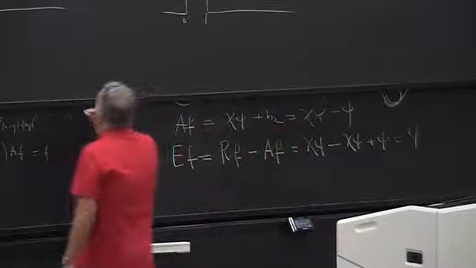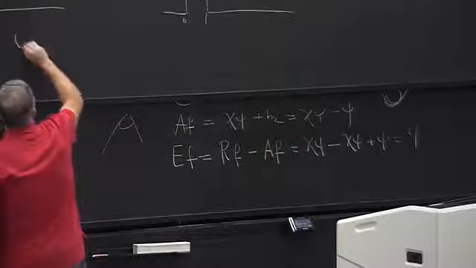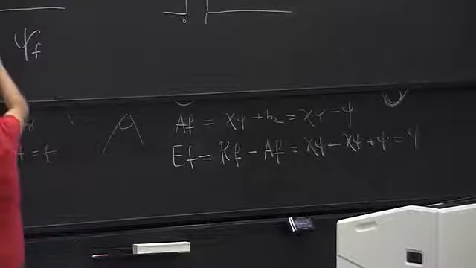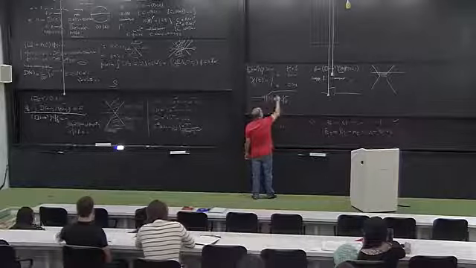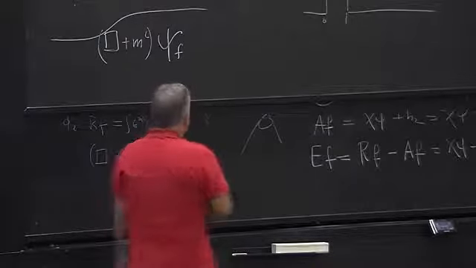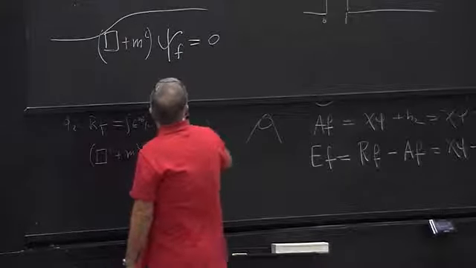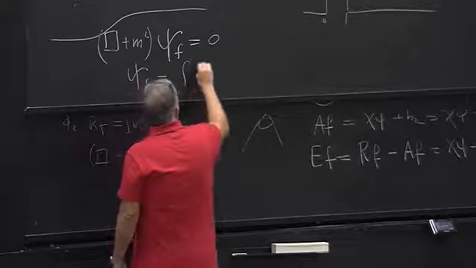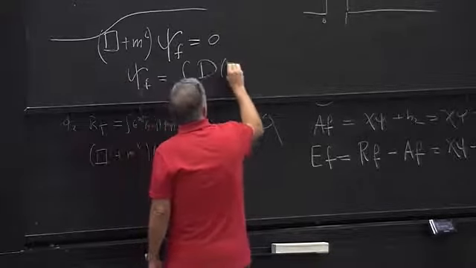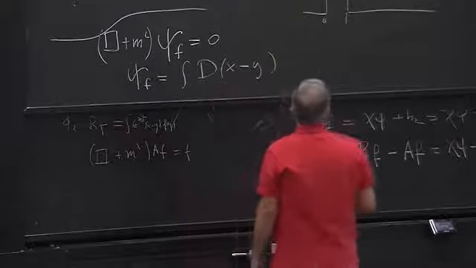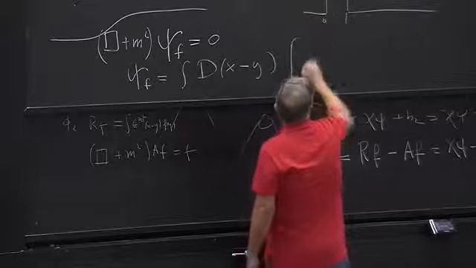that if I have a solution of the Klein-Gordon equation which has compact initial data, I can write psi of f as the convolution of the Pauli-Jordan function with